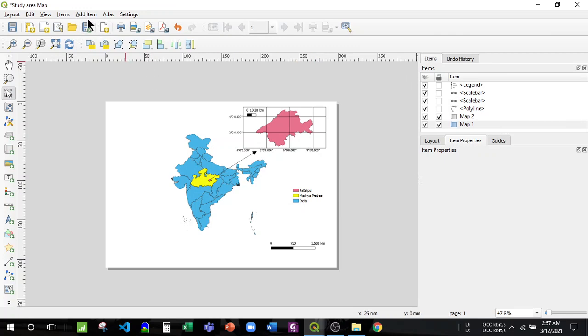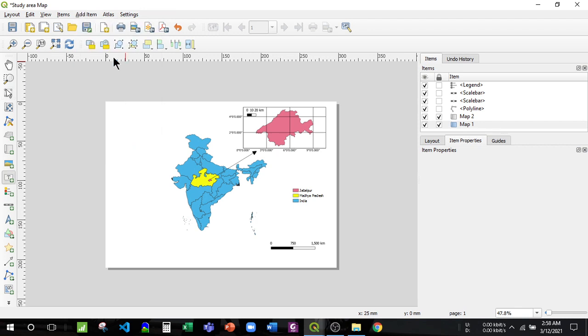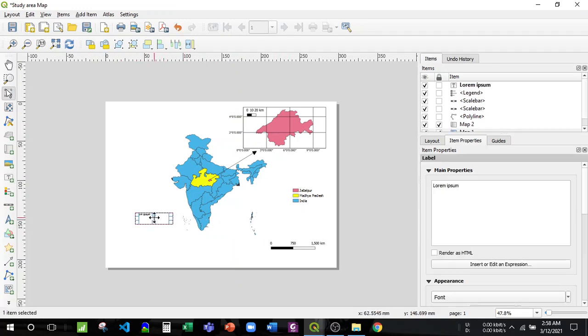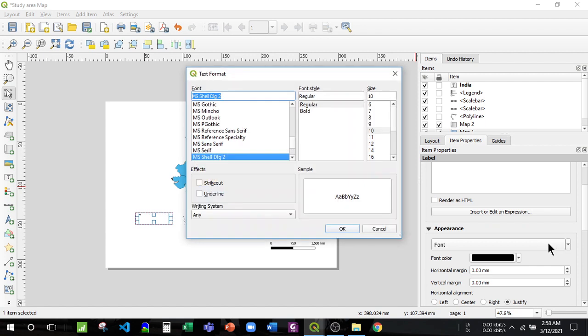And then again I will click on add items, then I have to add that is label. Okay, so it shows me about India. So I will write India, and then change the font to Ancient Times.